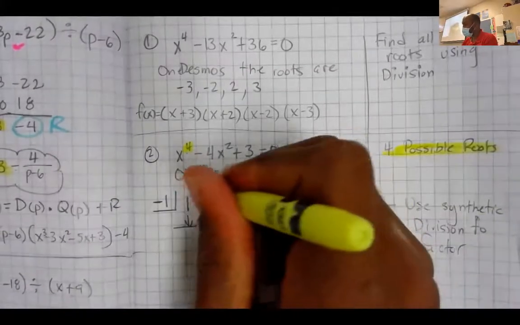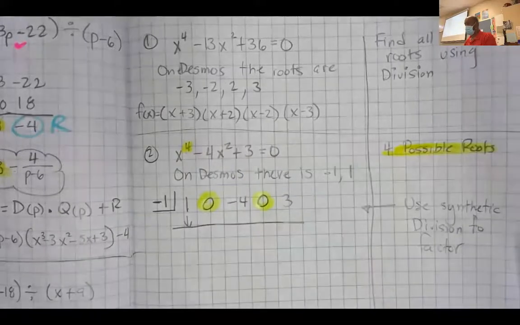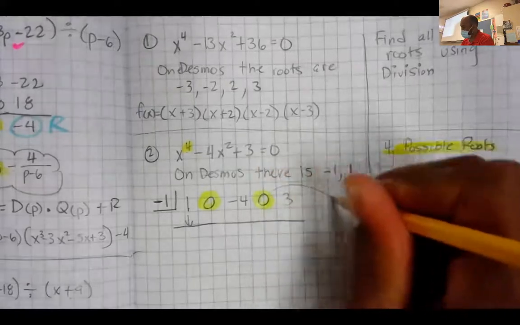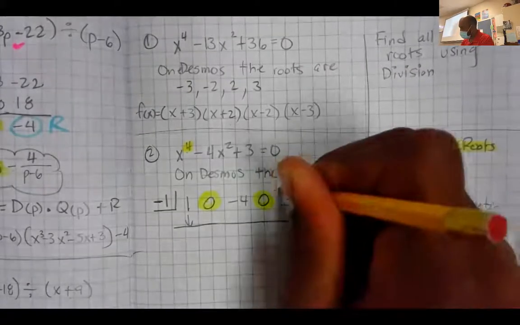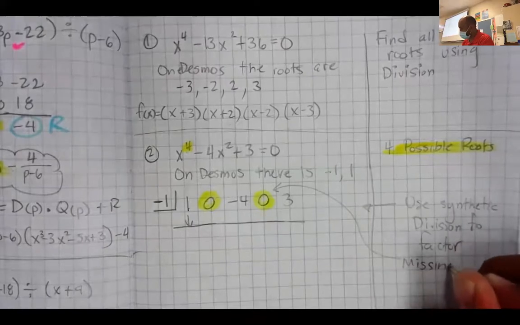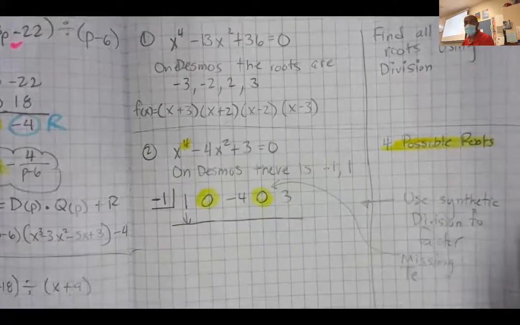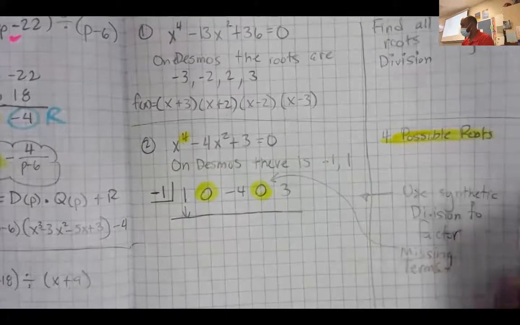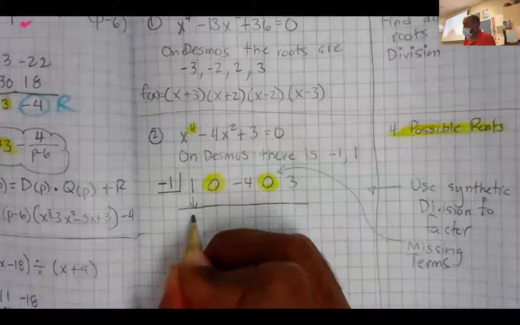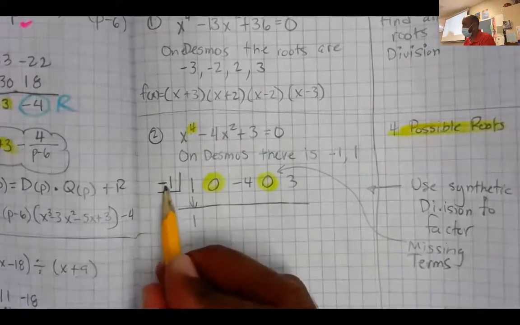So again, you've got to make sure you account for missing terms. All right, so first step, bring down the 1, bring down the first coefficient, then multiply -1 times